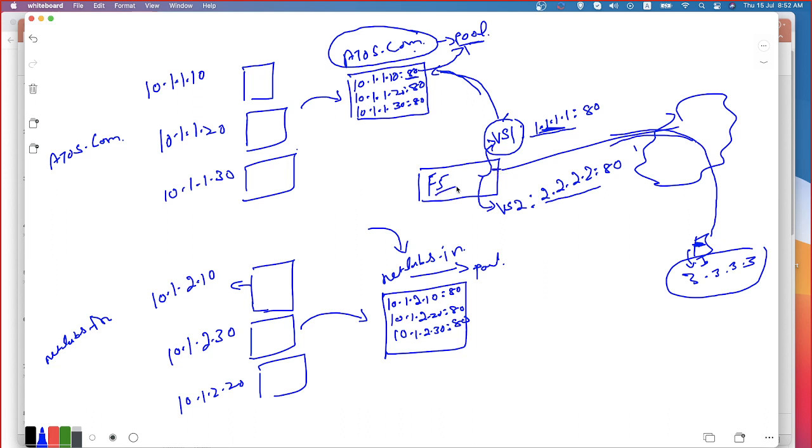Now the F5 will check if there is any virtual server which is listening on 2.2.2.2 for TCP/80. Yes, I have it. That virtual server is pointing to a pool where I have multiple pool members. One of the member is going to be chosen, and then the request is going to be forwarded to the member. How it is going to be chosen, that is not our focus now. Now, how the traffic is flowing is what I'm trying to explain you. Do you understand what I'm saying?